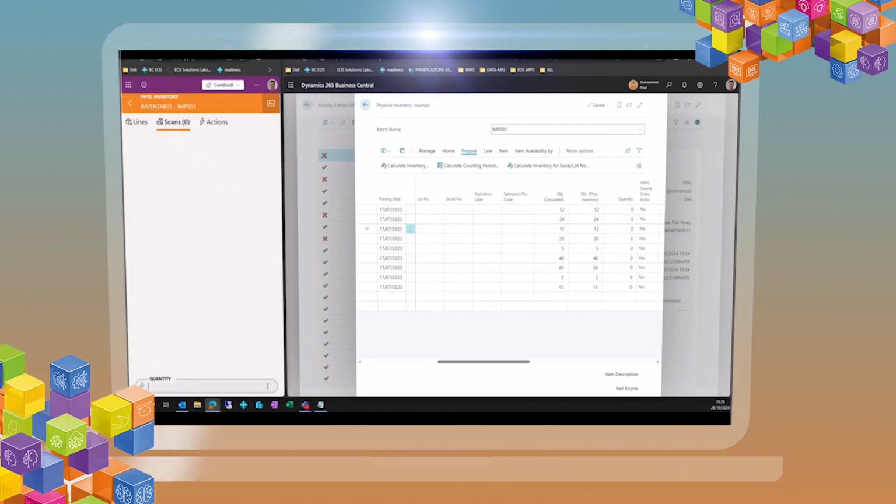Suppose that we have found 20 pieces. Okay. 20 pieces. It says that inside the logistic B00 there were 12 pieces. We have found 20 pieces. If we save the activity